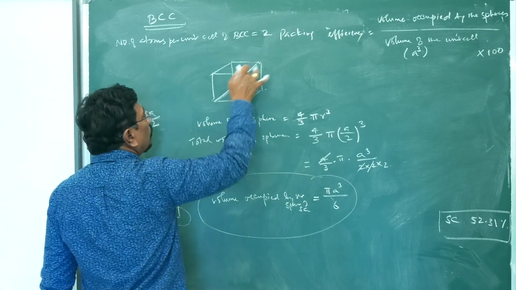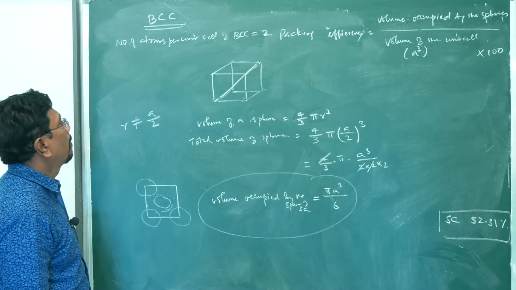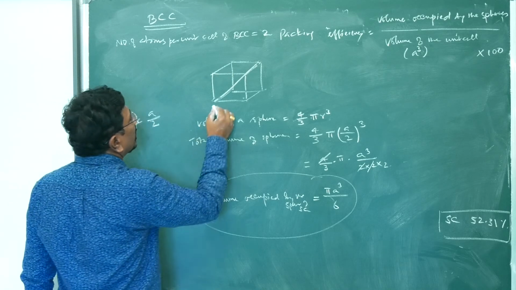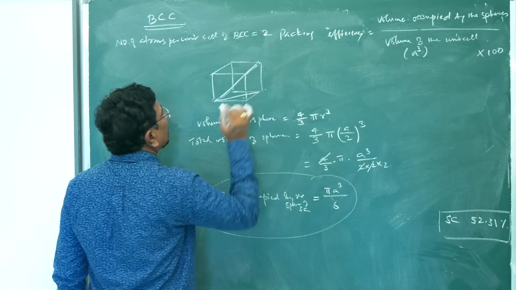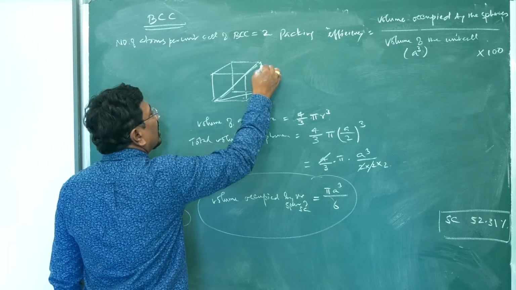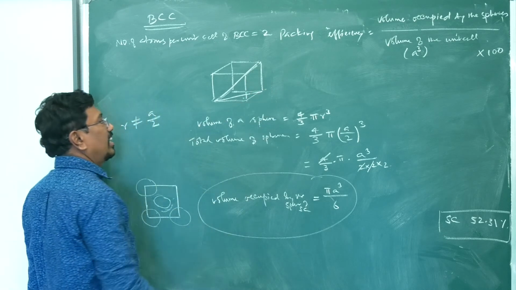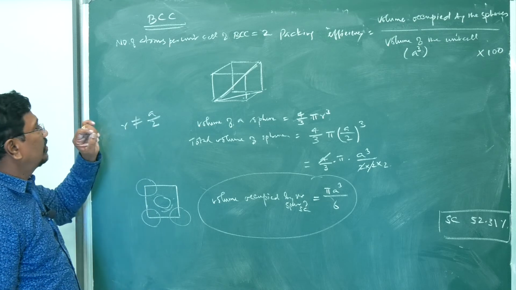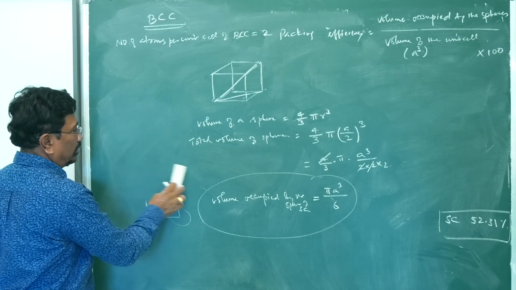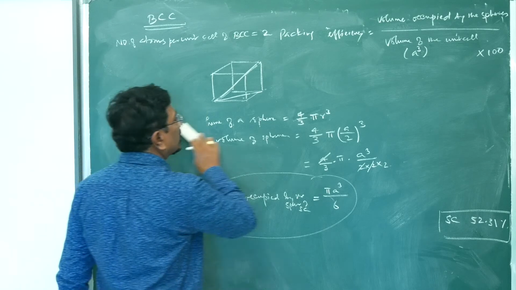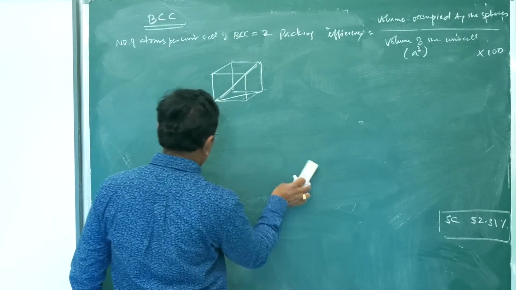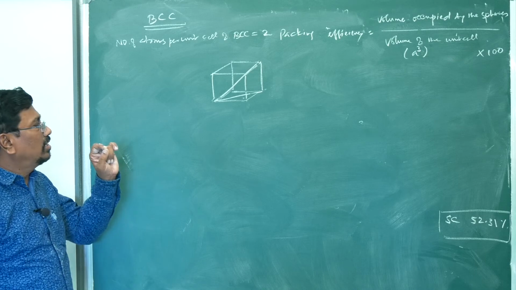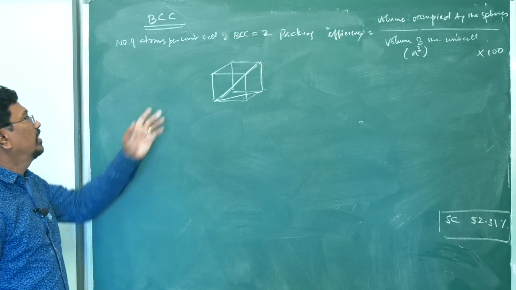Diagonal from there to here. Can you imagine? This diagonal you have to imagine. And now, if I draw a diagonal line here, I will be getting another right angle triangle. So what to do to get the radius of the atom? It is somewhat difficult to calculate the radius of the atom. How? Let us calculate. By using Pythagoras theorem two times we can get it.